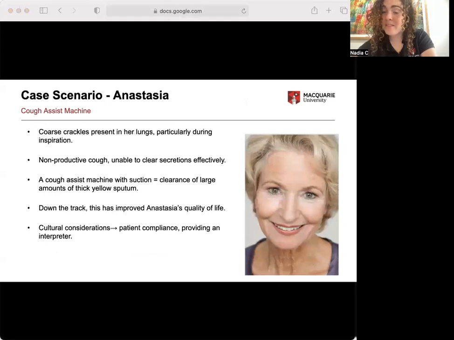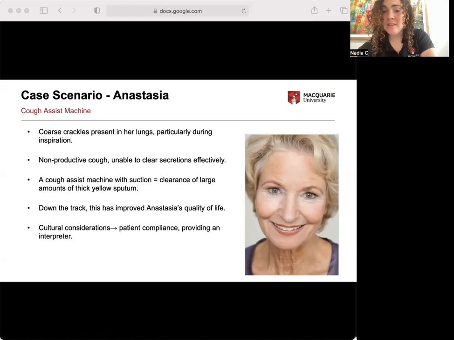Now, let's apply this to an example of a case study, Anastasia. From her assessment findings, we can see coarse crackles in the right upper and middle zones of her lung. Her cough is non-productive and she has been unable to clear her secretions effectively using other secretion clearance techniques such as ACBT. We used the Cough Assist machine with suctioning, which enabled her to expectorate large amounts of thick yellow